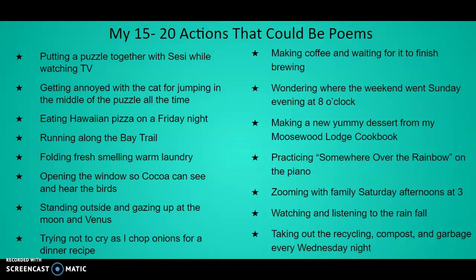Eating Hawaiian pizza on a Friday night, running along the Bay Trail, folding fresh-smelling warm laundry, opening the window so Coco, the cat, can see and hear the birds, standing outside and gazing up at the moon and Venus, which is pretty bright right now in the evening sky, trying not to cry as I chop onions for a dinner recipe, making coffee and waiting for it to finish brewing, wondering where the weekend went Sunday evening at 8 o'clock,